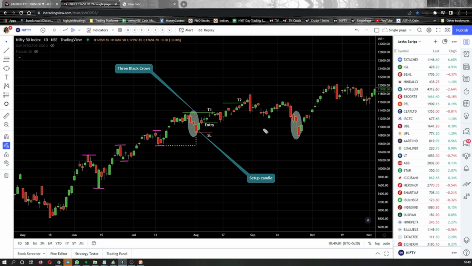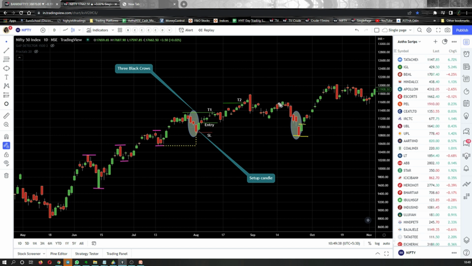Clear? Now, moving on to another scenario that we get here. Again, the same thing. Stock is making high highs and high lows, and then we see these three red candles. The low of candle number one is higher than the low of candle number two, and the low of candle number two is higher than the low of candle number three. So this makes a three black crows, right? So put your stop loss here. Your entry will be at the fourth green candle, and this green candle, as you can see, is a solid green candle. So once it closes, your entry will be here.